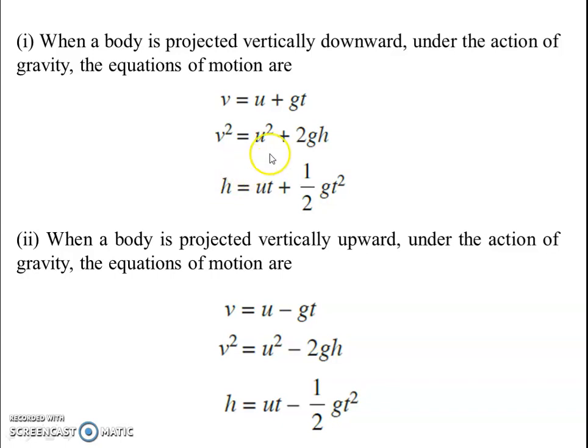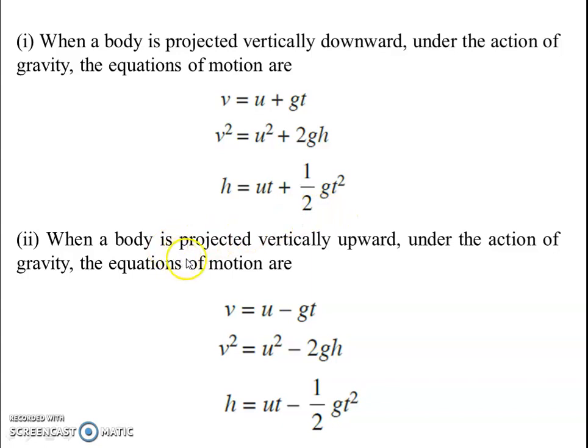Only change is, instead of A we substitute G, and instead of S distance we substitute H. If the body is moving downwards, then we have positive G. If the body is moving upwards, then we have negative G. Therefore, the equations for a body projected vertically downwards are V is equal to U plus GT, V square is equal to U square plus 2GH, and H is equal to UT plus